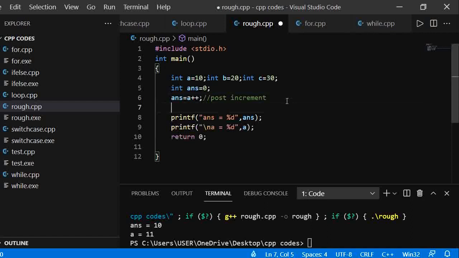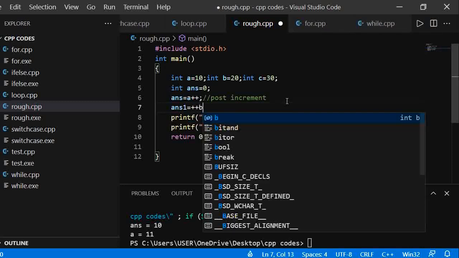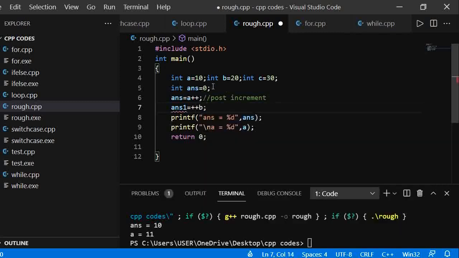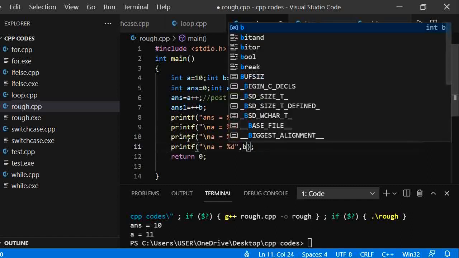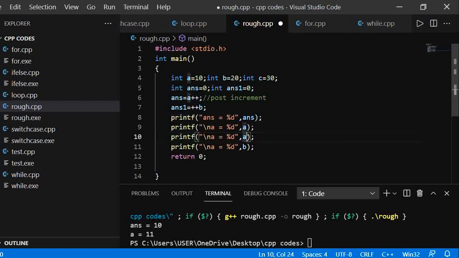Now another thing is the pre-increment operator. We can define another variable, answer 1, equal to plus plus b. We need to declare it first, and after that we print this. So we print b here and we print answer 1 here.